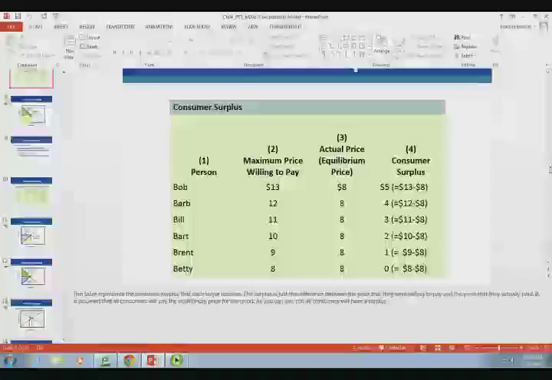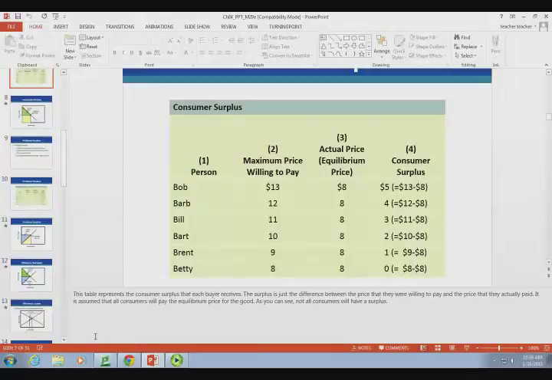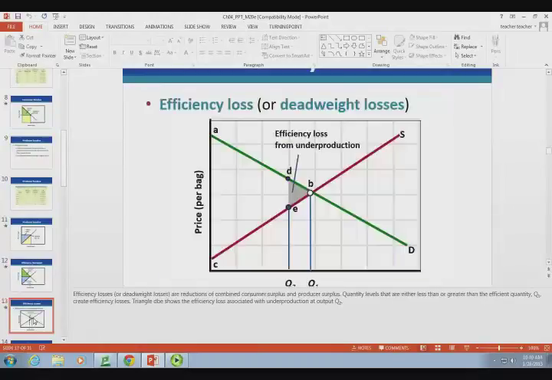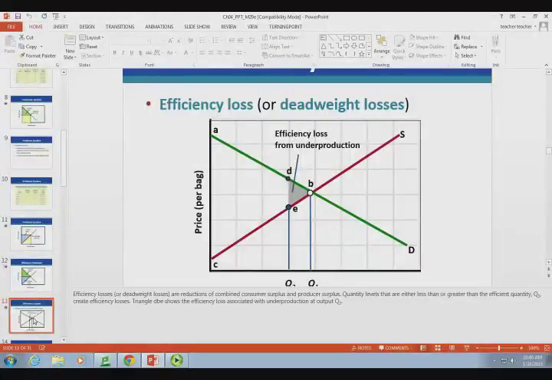So now let me move on to efficiency loss from over and under production. And then I want to talk a little bit about that particular problem that you're going to have on Connect. All right, so we have in econ what we call deadweight loss. And basically when we look at deadweight loss, it's basically looking at,